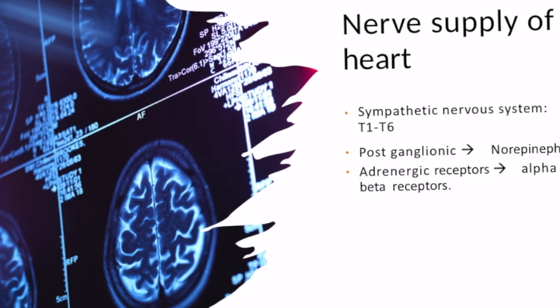Sympathetic stimulation of the heart results in the secretion of norepinephrine. This secretion of norepinephrine increases the permeability of the cardiac fiber membrane to sodium ions and calcium ions. Now, this increased permeability to sodium ions and calcium ions results in an increased rate of SA nodal discharge. So, there will be increased heart rate. It also results in an increased rate of impulse transmission and increased force of contraction.